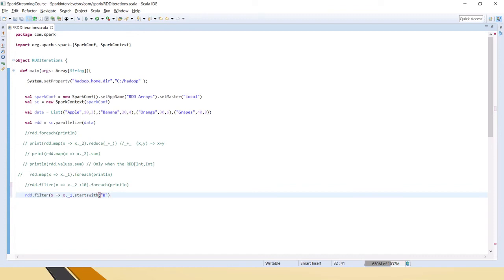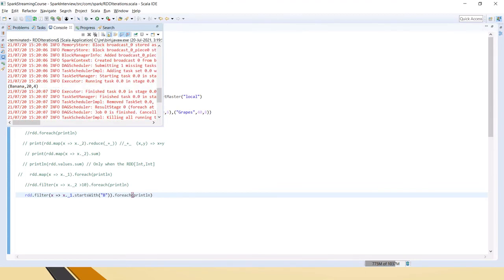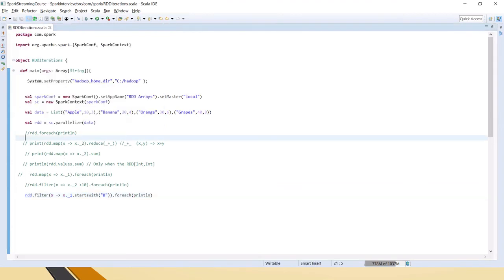We are saying filter that out. Then again the resultant dataset is also an RDD, so I am using foreach of println. This should return banana, because it is starting with b. Got it? Okay, so this way we can filter on whatever column you want.